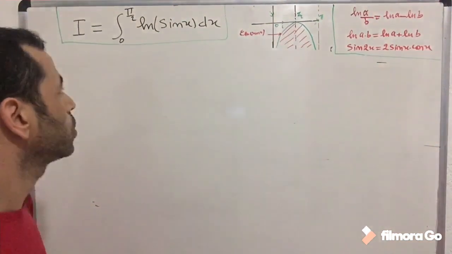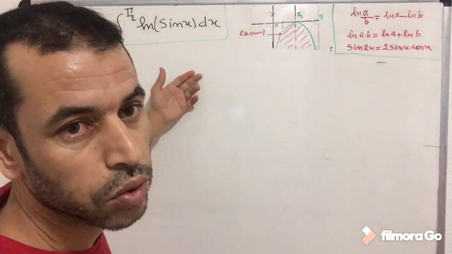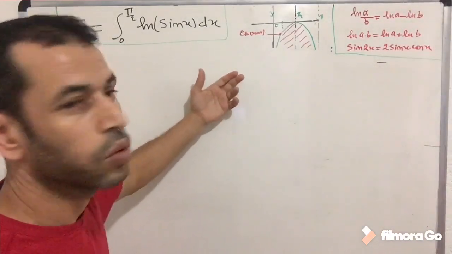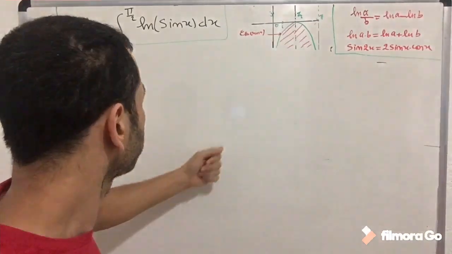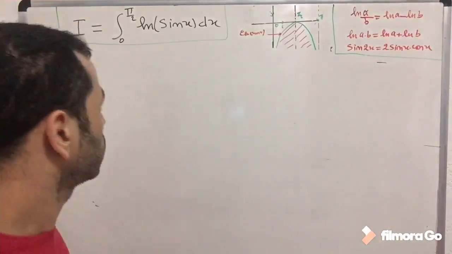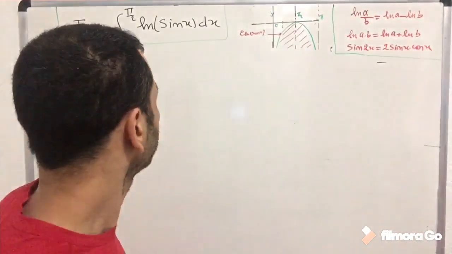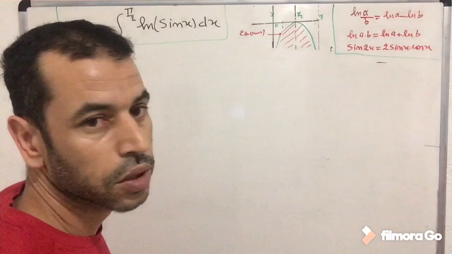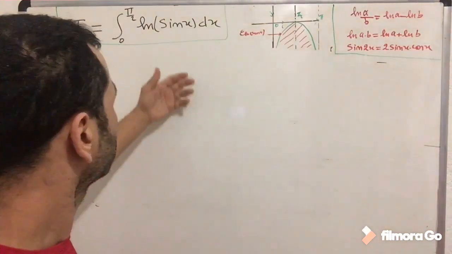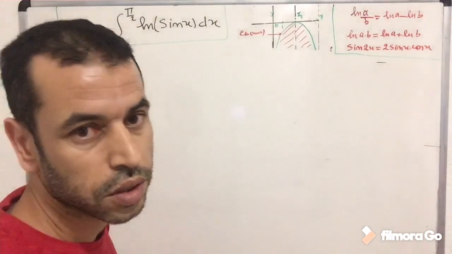In this case the easiest way is substitution, as a variable change. And the second thing we should know is that there is a connection between sine x and